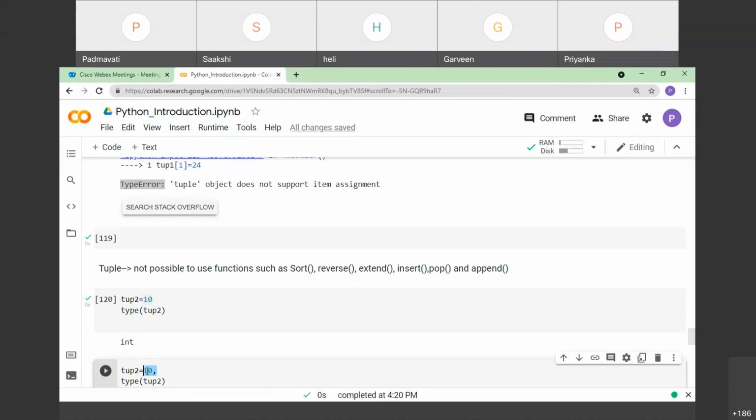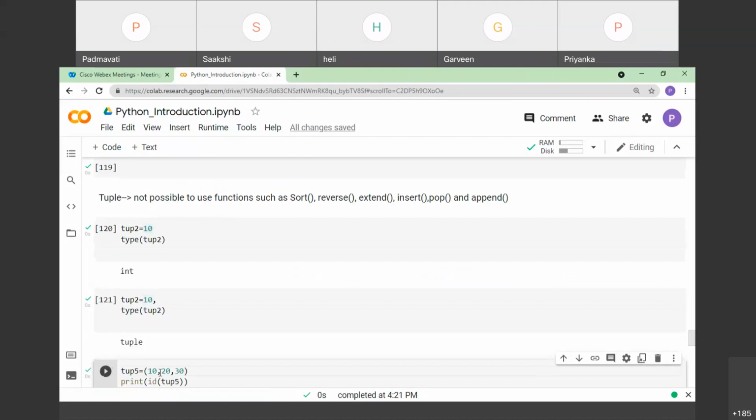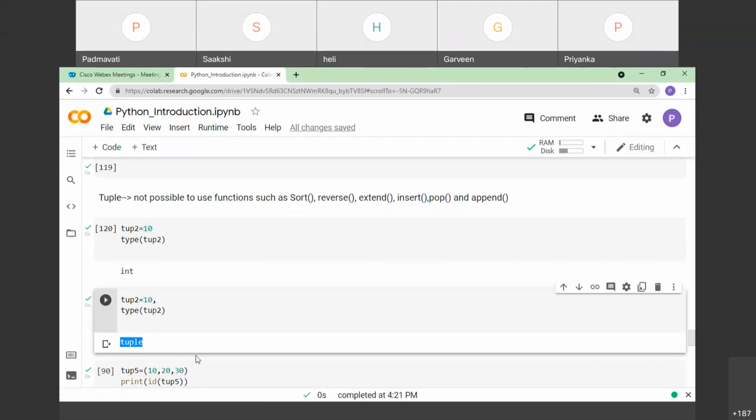If you want to create a tuple with a single element inside it, you need to place the comma after 10. Again, it's up to you whether you place the parentheses or not. Here in this example, I want to skip them. Let me get the result when we execute. You can check here, the type of tup2 is tuple only, right?